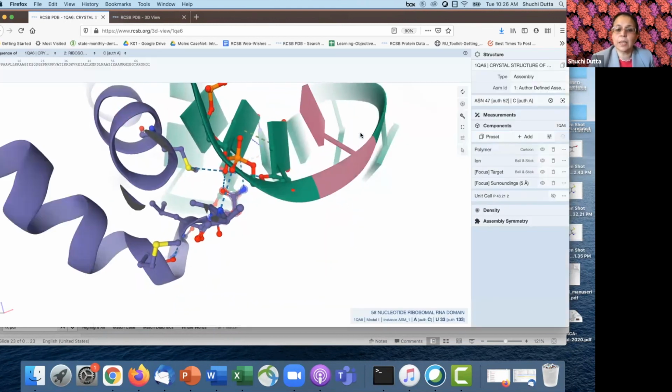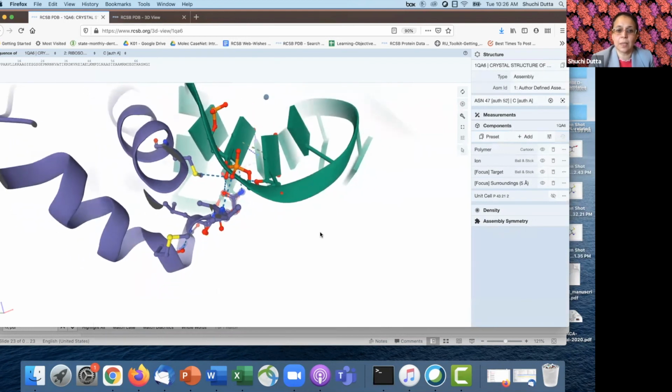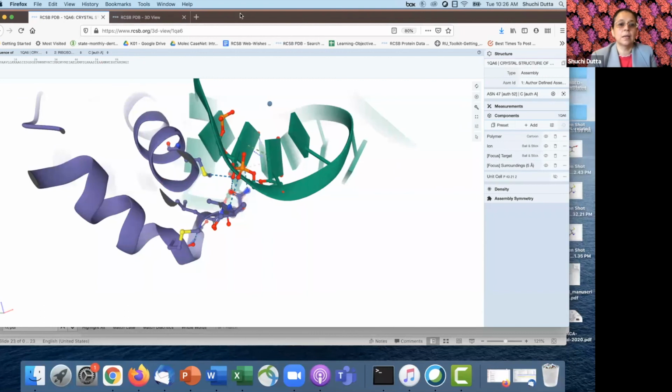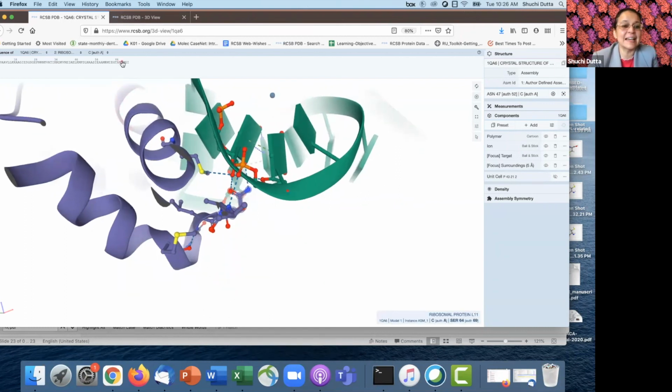Oh, you can actually expand this and look at it that way. I'm sorry, there are too many windows and boxes in my screen, so bear with me. So serine 69